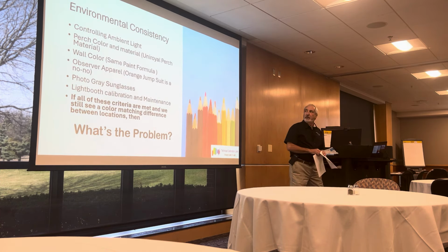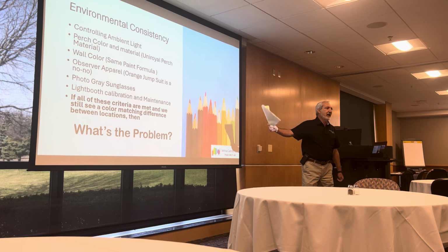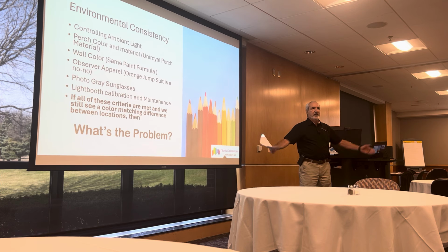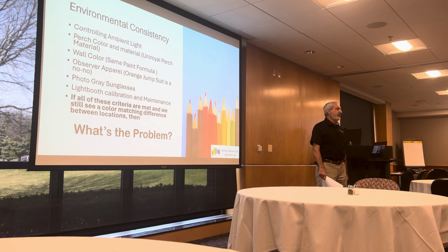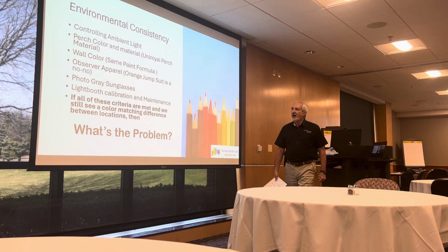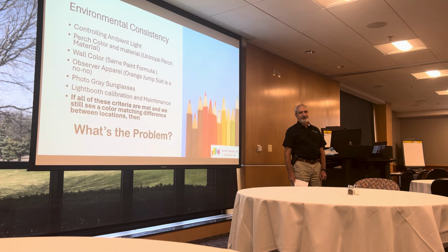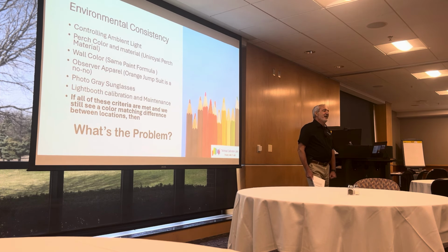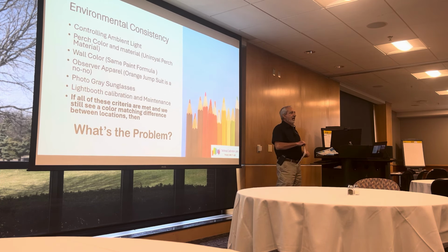So just briefly going through this, just as a little background, ambient light has to be controlled when you're doing any type of color matching. Shut off all the lights in the room, shut off the lights in the light booth. If you're seeing color on that perch or inside that booth, you're mixing color. It's like mixing paint. You've got to get the light off that perch. The perch material has got to be consistent. I'm sorry, Chrysler. All right, but anyway, the gray perch in the background, unless you're Chrysler, then you've got black. I walk into a place, I see a black perch, I say, you doing work for Chrysler? But anyway,